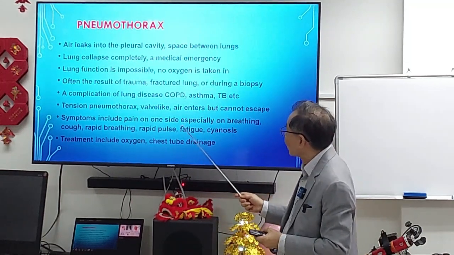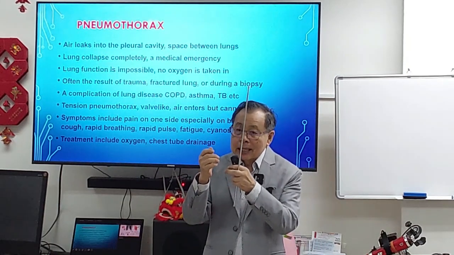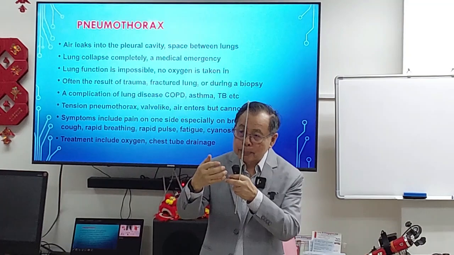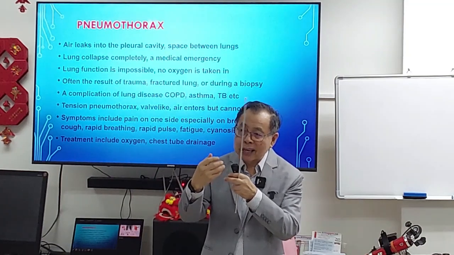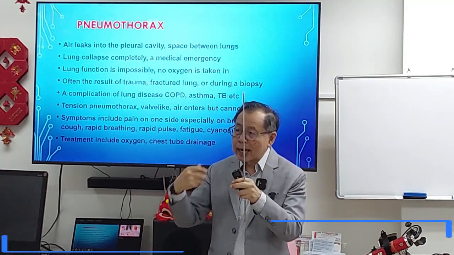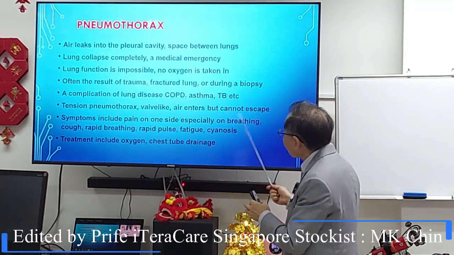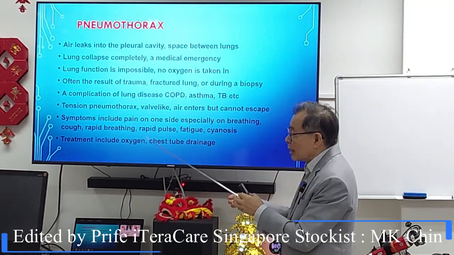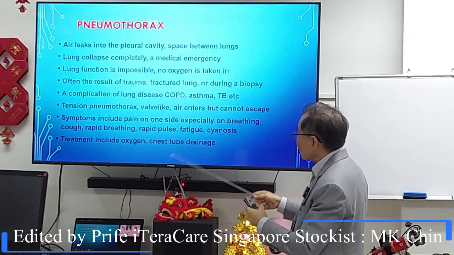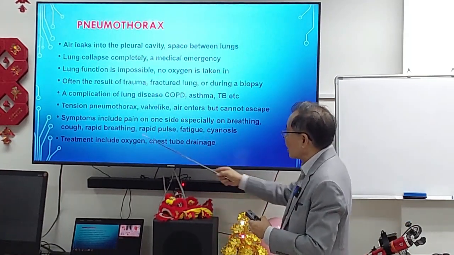It's called tension pneumothorax because wherever the injury is, air can get into the pleural cavity, the gap between the lungs and the thoracic cage. Air can get in, but it cannot come out. So it cannot escape, and as a result, the air inside the pleural cavity increases, pressing the lungs and causing symptoms: pain, breathing difficulty, cough,